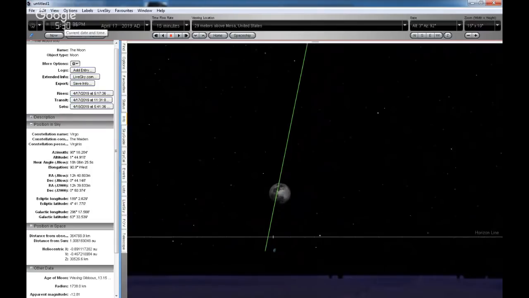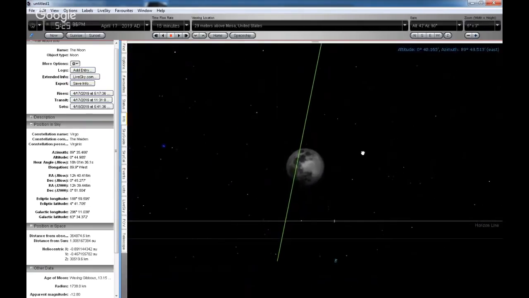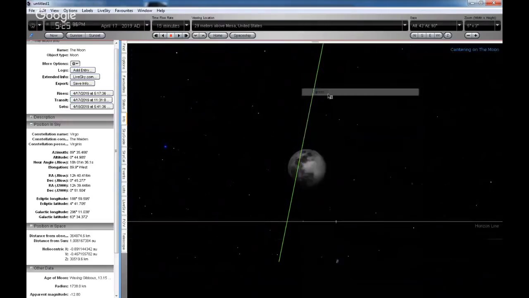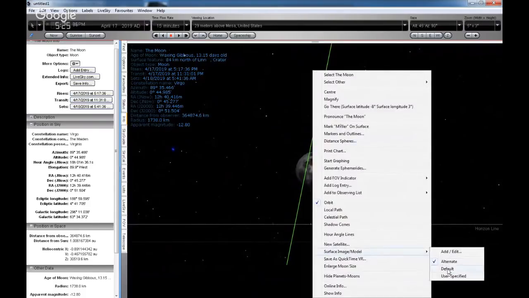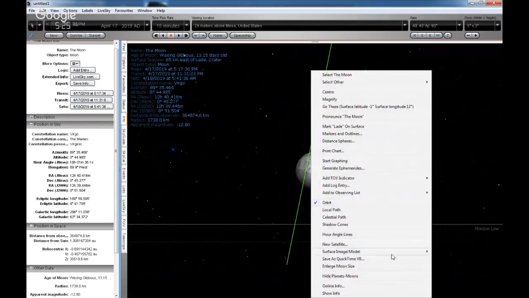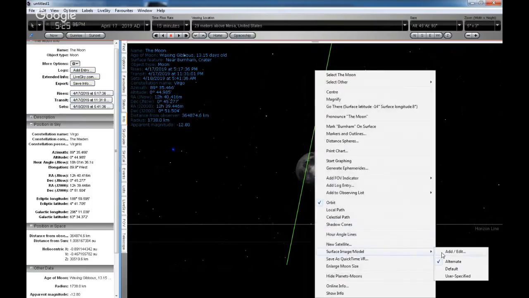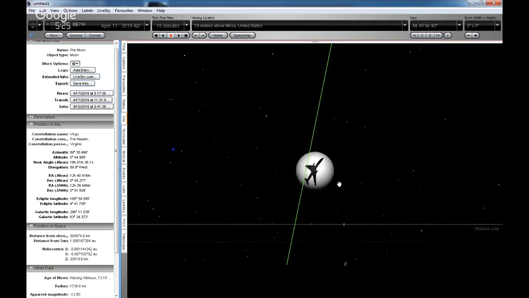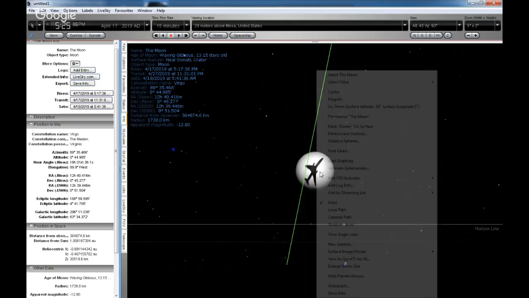So with that in mind, what I'm going to do, and let's center on that again. First of all, I'll go to the default image of the moon in Starry Night. That's what we normally see, unless I change it to the alternate image, which gives us a bit more detail. We can see the Sea of Crisis there a bit better. Now, there's an option to edit the model. So I've added a user specified image, and we've put a plane on there. Okay. Just reset that again